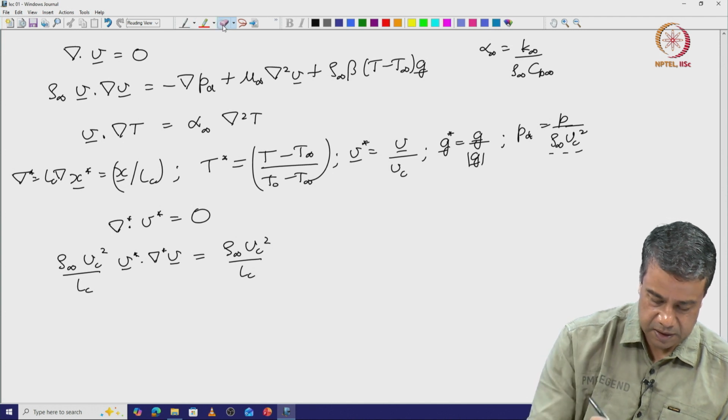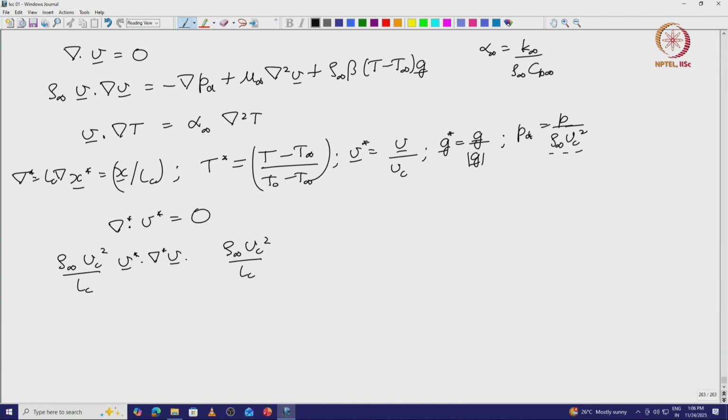I should have a minus sign in front of the pressure, so let me put that. Gradient of the dynamical pressure, plus the viscous term, velocity by length square, so I will get mu infinity Vc by Lc square,